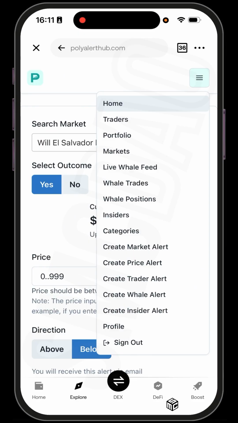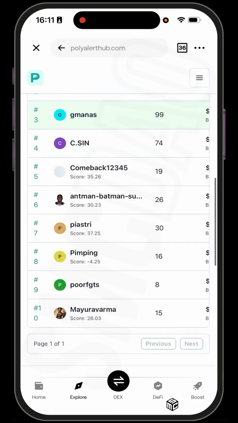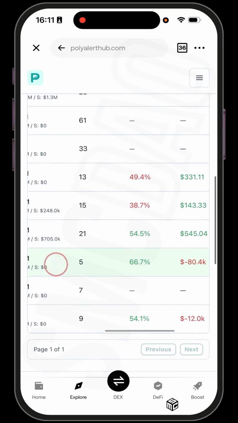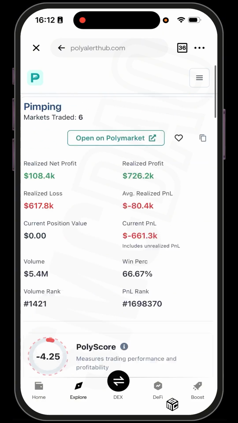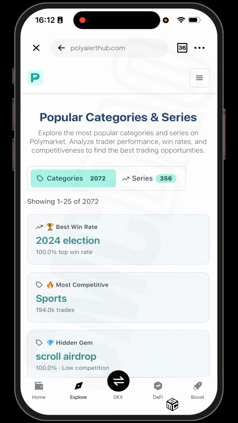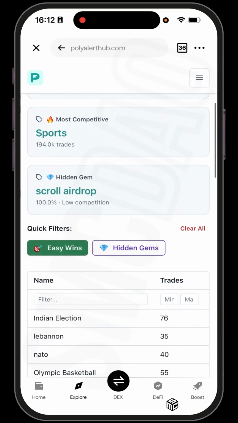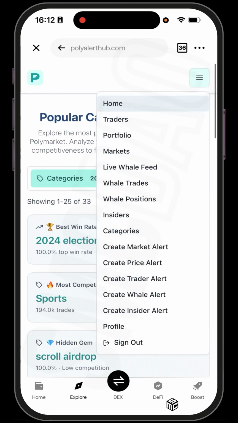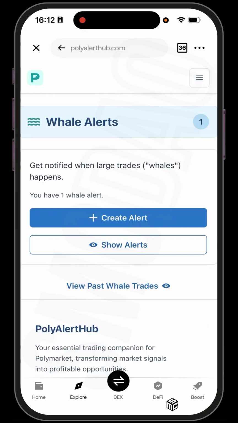whales' predictions with this. So like I said, from the whale trades, you could go through the whale trades so far and the top traders here, and you could click on them and see their insight on how much they have made and how much they have lost here. And you could go through some categories here. They have good features in here for quick filters, easy wins, or hidden gems. And just probably go into creating a whale alert, like I said,